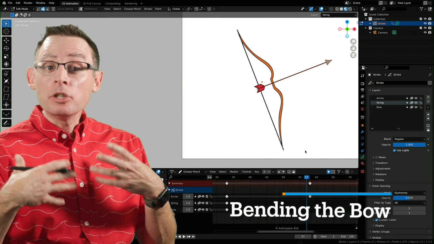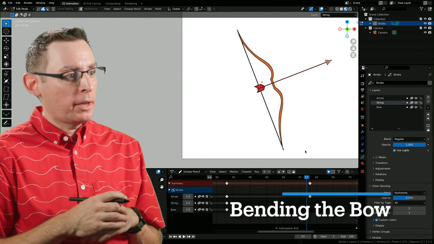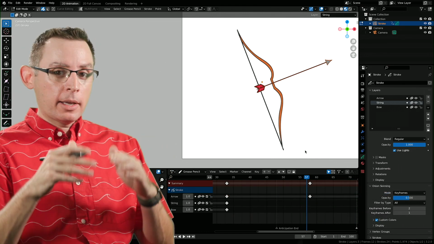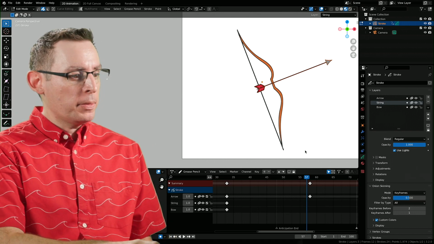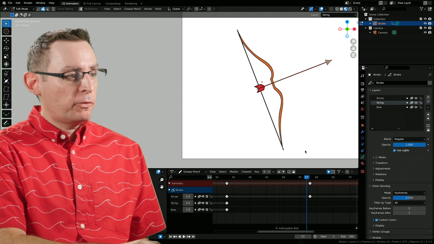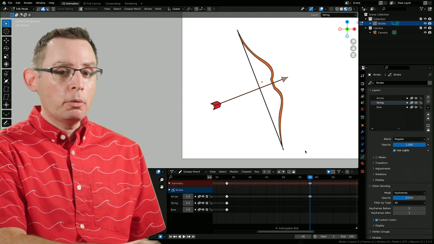I'm ready to add a new layer of detail into the keyframes that I've crafted, and I'm focusing on the keyframe where we're pulling the arrow back and we need to bend the bow. This is what I have at the moment. I've traveled over the keyframe that's on frame 58. Here's the keyframe before on 57, and then of course we're going to pull the arrow back.